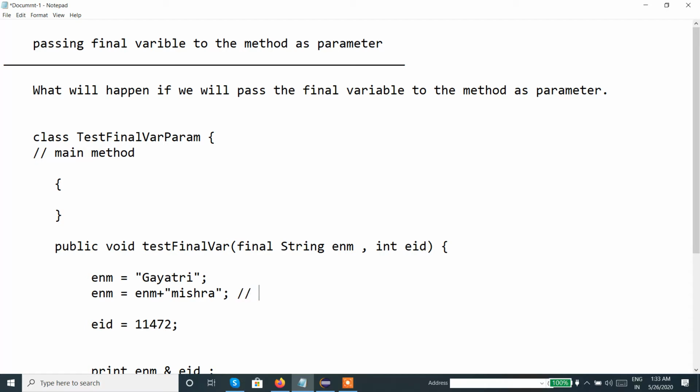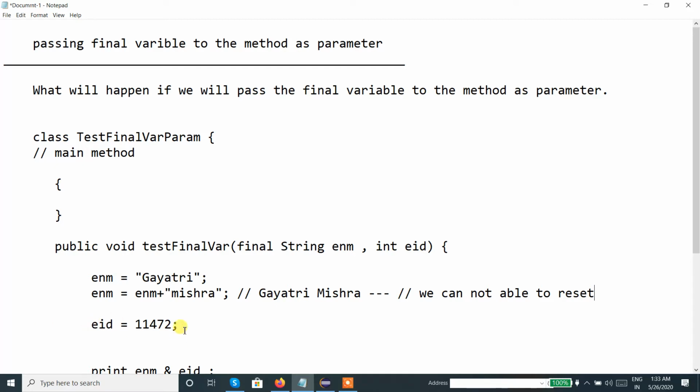The expectation is it should print Gayatri Mishra, fine. But what will happen, because this name itself is final type, we cannot reset, because final value cannot be changed. That is what the logic.